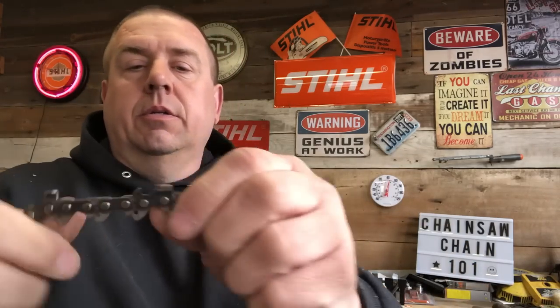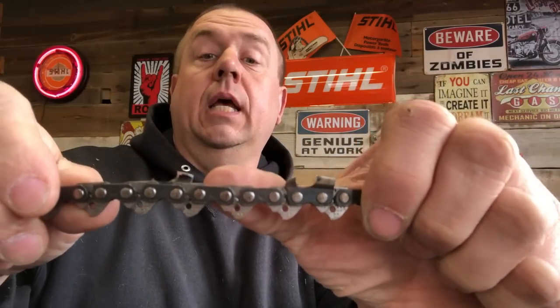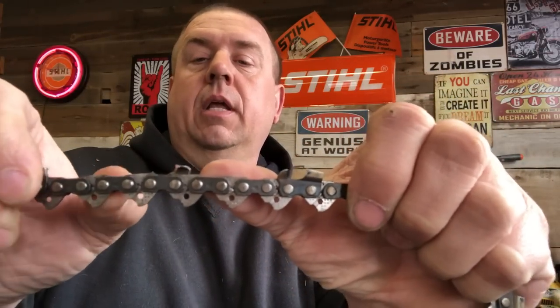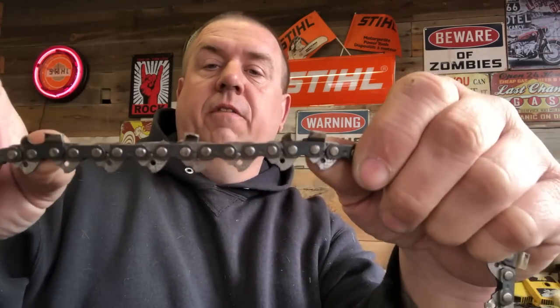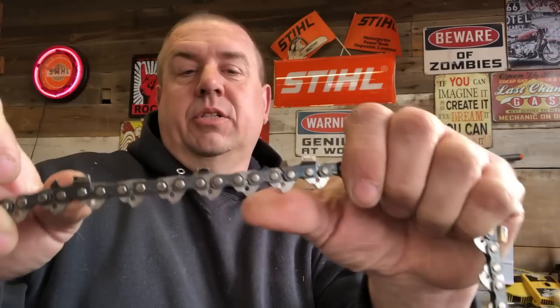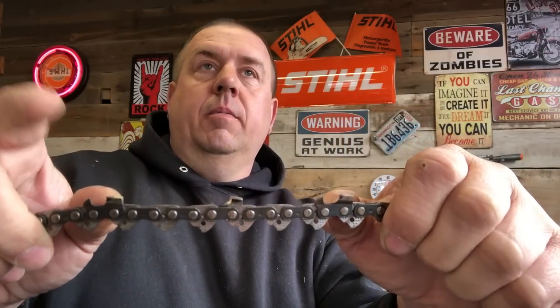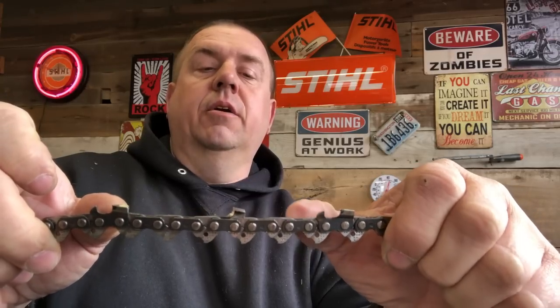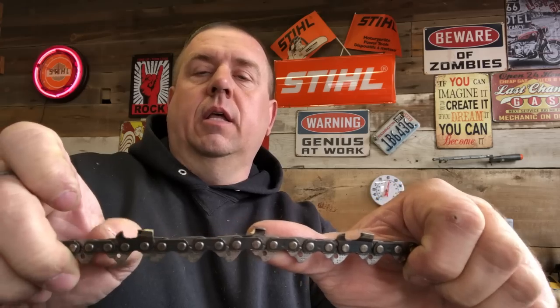So you still have your cutter, and then you got a link, link, opposite cutter, link, link, back to the opposite cutter. And that's what they call a full skip. My understanding of a half skip would be in between the two. So you would have, say, cutter, link, link, cutter, link, cutter, link, link, cutter, so on